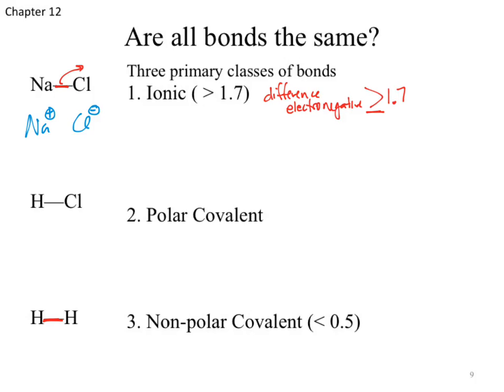To officially classify each of these, you really have to know the electronegativities behind it. That's not something I expect you to do. There's a couple little secrets or shortcuts that we can pull on these. What was our shortcut for our ionic bond? Metal and nonmetal. What's our shortcut with our covalent bonds? Okay, we could do nonmetal and nonmetal. That would classify for both covalent types, both polar and nonpolar. So that definition at least tells us covalent, but it doesn't allow us to differentiate between these two. So both of these are nonmetal, nonmetal.